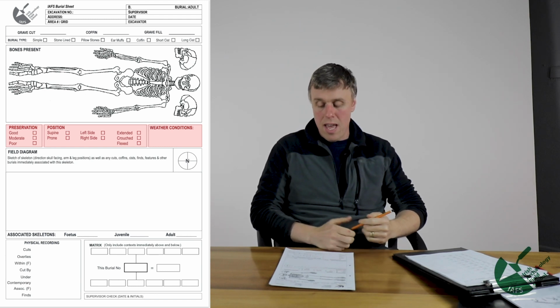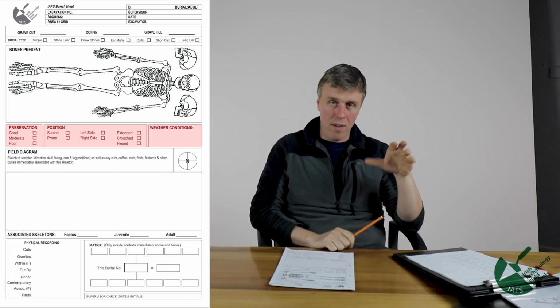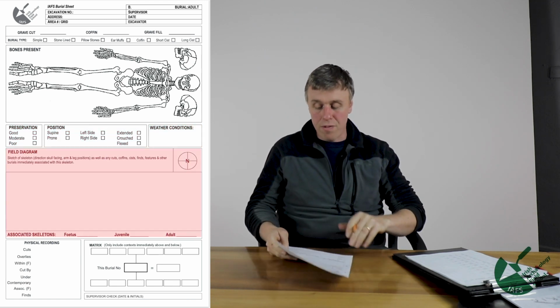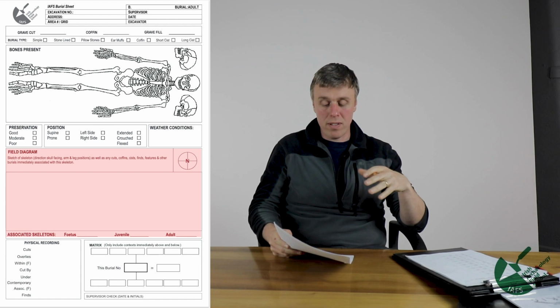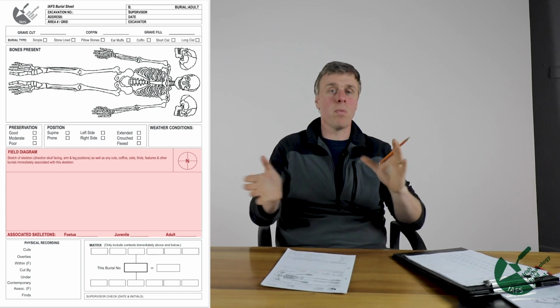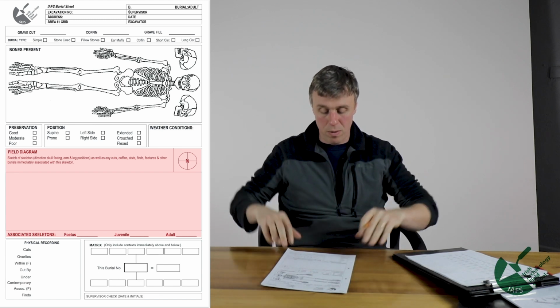Again, the weather conditions go in here, just as they do on the fill sheet. And again, this is a good indication: if we put in saturated or very wet, we know we have to get to that bone and look at it very quickly. It has to be got to the laboratory and addressed very quickly, okay? The field diagram you'll see here is basically to give a sketch of the skeleton, all right? But the skeleton itself, as well as the immediate features such as cuts, coffins, cysts, etc., and other burials immediately associated with the skeleton. So it is a very rough sketch of what is going on in the group, maybe of the row that it's in or the various different elements that make up its immediate surrounds, all right?